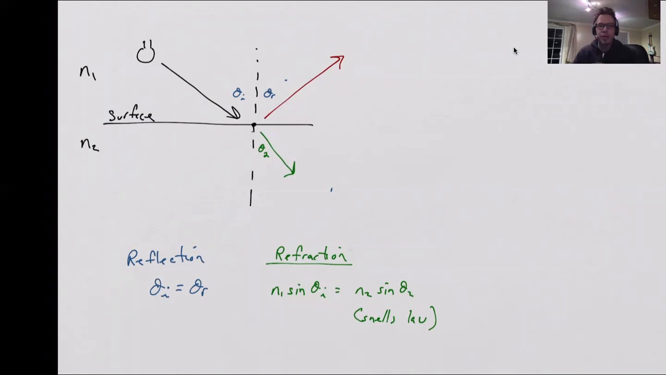Again, with respect to a vertical. Same thing happens with the other angle, right? Refraction, what I call theta 2 there, okay? And the law for refraction is this thing called Snell's Law, which is, well, we're not going to derive it